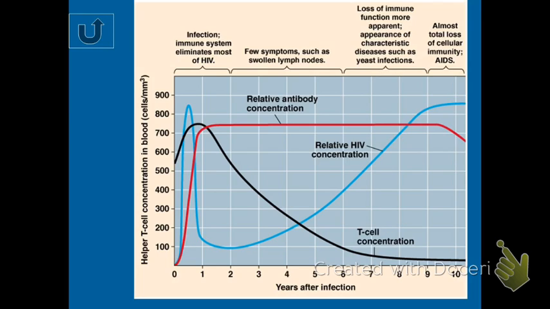If you take a look at what happens over the course of an HIV infection that leads to AIDS, you can see what happens with the levels of antibodies initially, but then how they end up dropping off as the T cell concentration drops off, because the HIV concentration goes up after a period of time. And these years after infection, this slide is probably 10 years old,